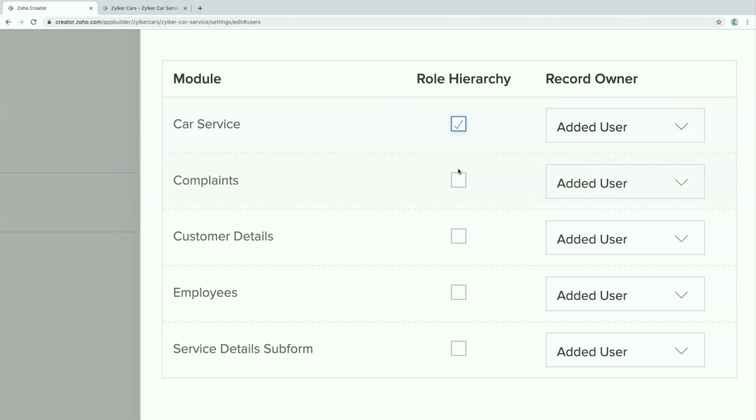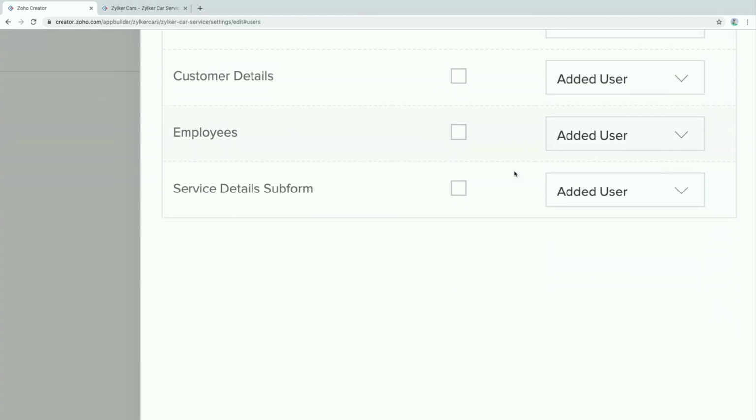Now I can enable it for any forms, and when you enable role hierarchy, by default, the person who is adding the information is considered the record owner or the data owner of that specific record. He is the record owner. When you have role hierarchy enabled, you will also have the option to change the ownership of a record to another user. There is a field type called users field type in forms. If you have that, we can also do that. You wouldn't see the option here because in none of the forms we have made use of the users field. So it's only added user everywhere. You just have to enable this option.